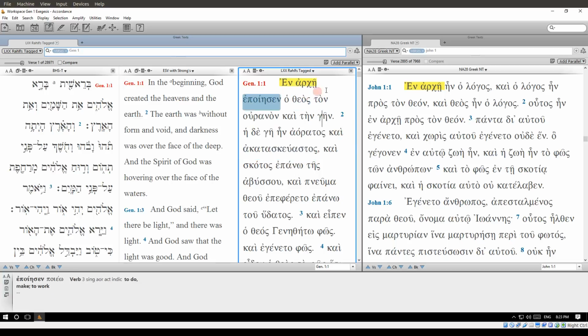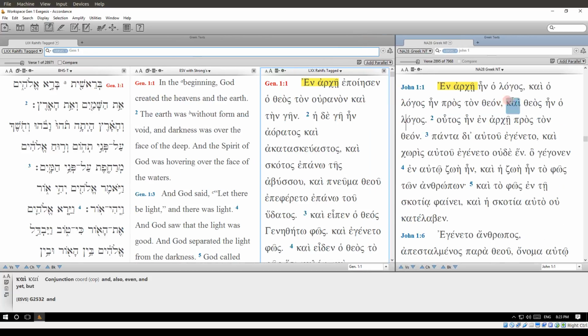So you see here we are on the Septuagint, verse 1, and you have this pen marker. Verse 2, and we have this pen marker. We go to the Nestle-Aland, and the same thing will be happening here. Verse 1, and we have this pen marker. Verse 2, and we will have this pen marker. So before we just click on that pen, which will activate the note-taking,